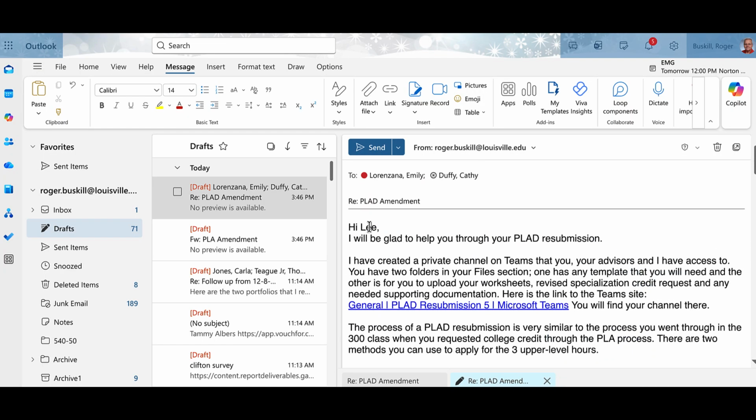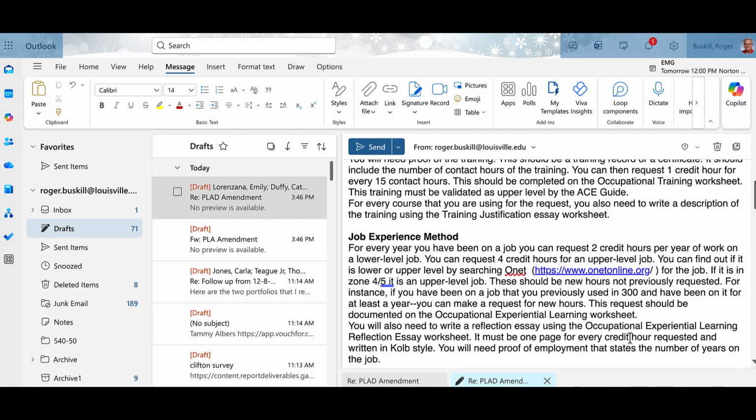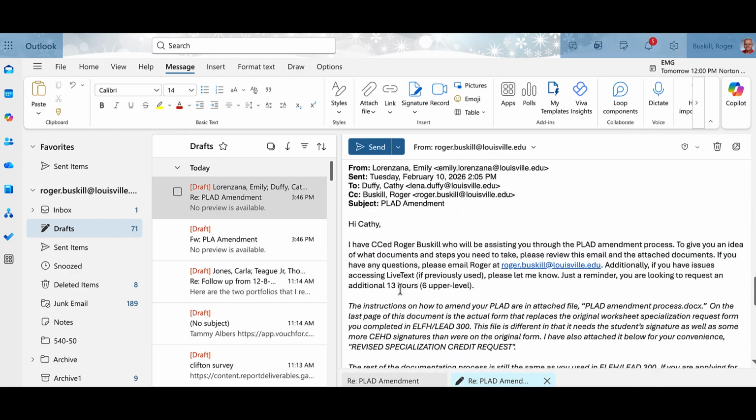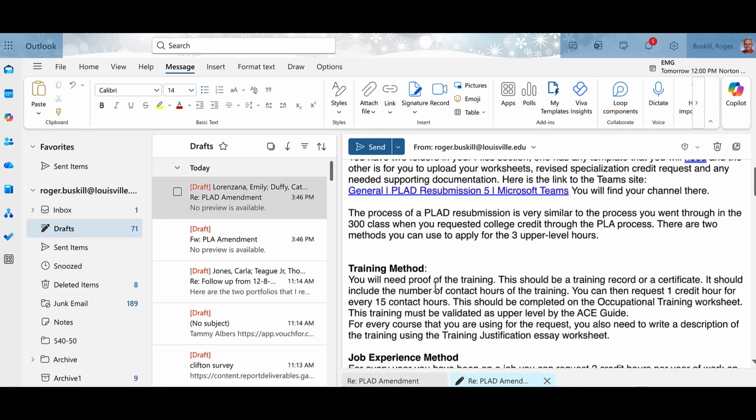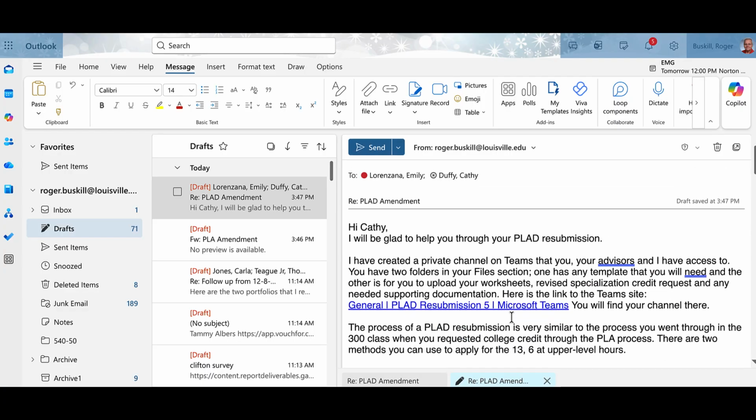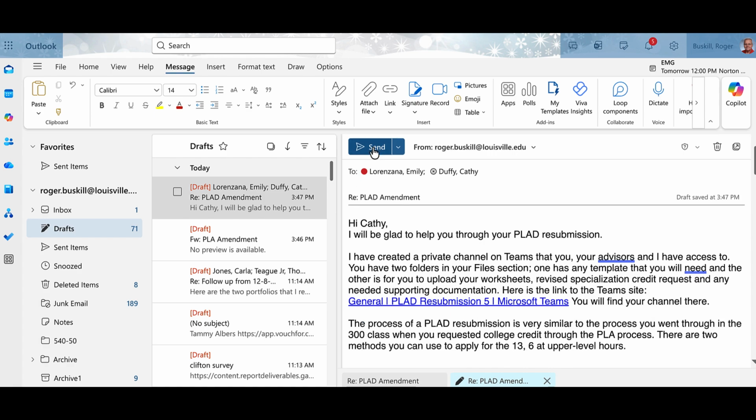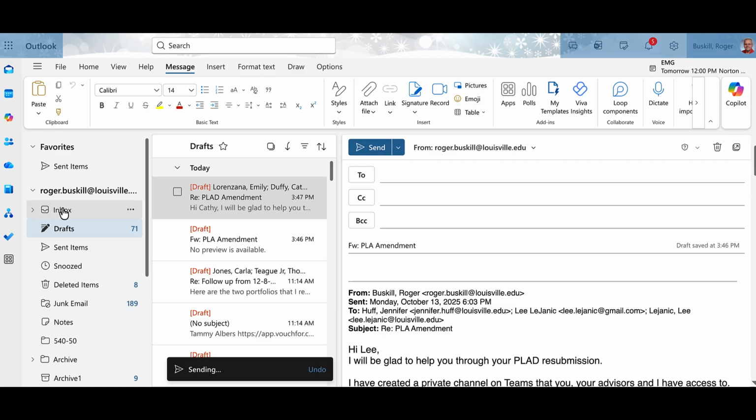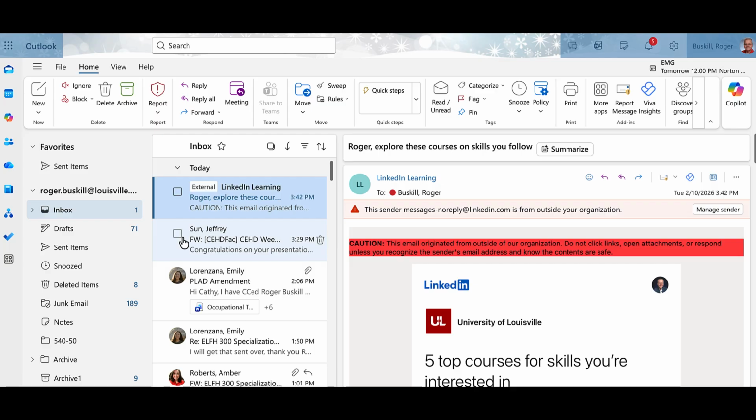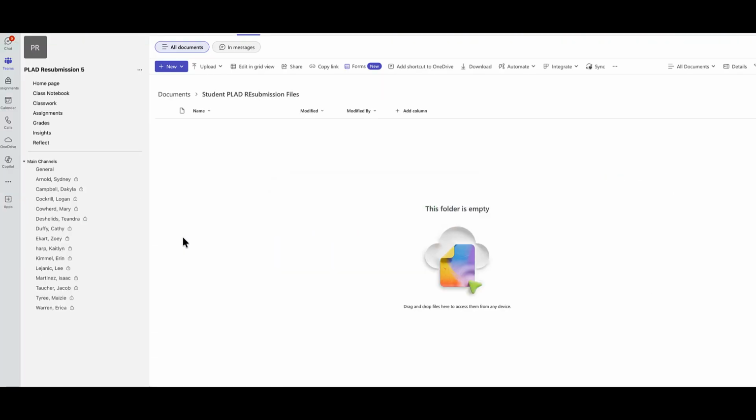Change this to Kathy, and her original request was 13 hours, 6 at the upper level. Then I'll send this to Kathy and Emily. I didn't change the folder link because we're still working out of PLAD Resubmission 5. So now I'm going to send this email to Kathy and Emily, noting that she has the rest of the information to refer to. Going back to the team channel,